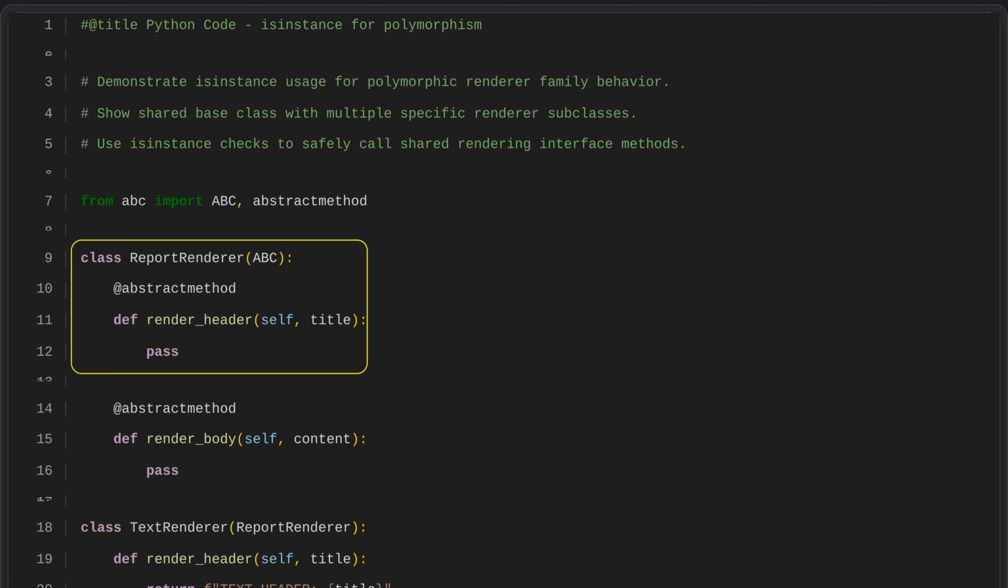The report renderer class is defined as an abstract base class, meaning it acts as a blueprint for other classes rather than being used directly. It relies on the abstract base class mechanism to require that all subclasses implement specific methods. In this case, the header rendering method is declared as abstract, so every subclass must provide its own version of it. This design guarantees that all subclasses share a consistent way to render headers, enabling polymorphic behavior across different types